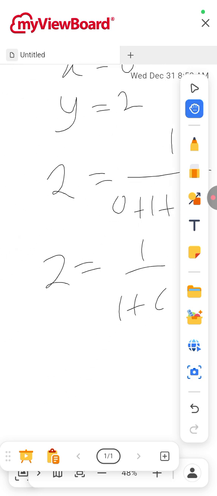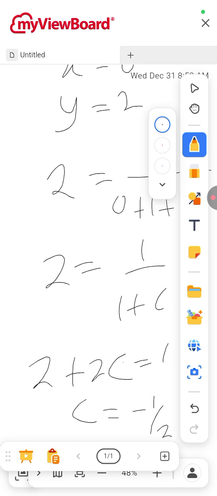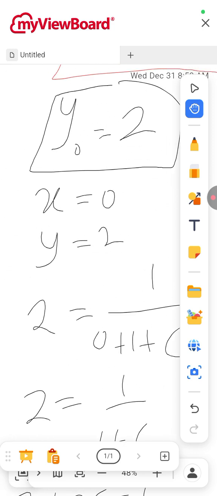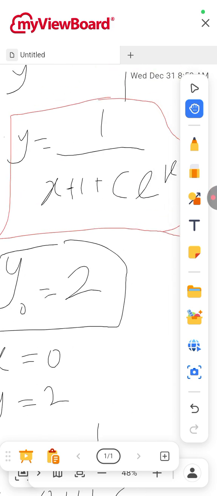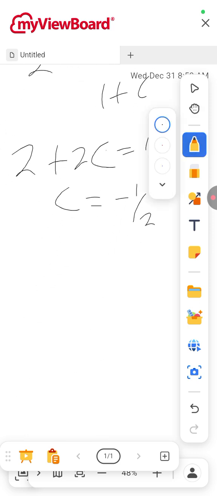Then if you cross multiply, that is 2 plus 2c equals 1. 2 plus 2c is equal to 1. So that means our c is equal to minus half. So c is minus half. That means the particular solution now, at that initial value. So instead of c here, you put minus half there. So the particular solution will be y